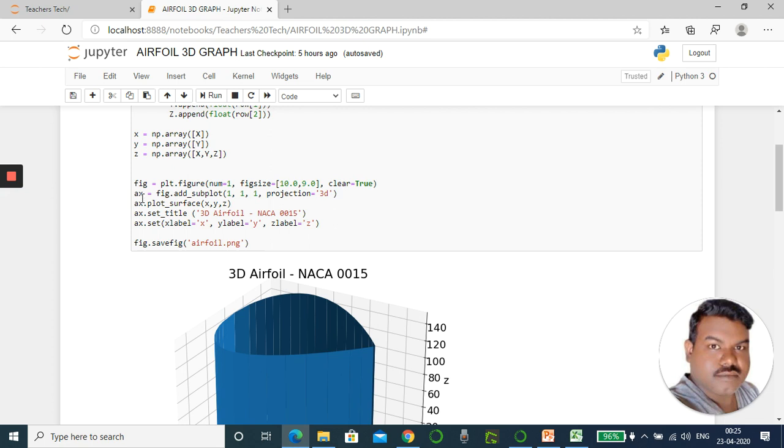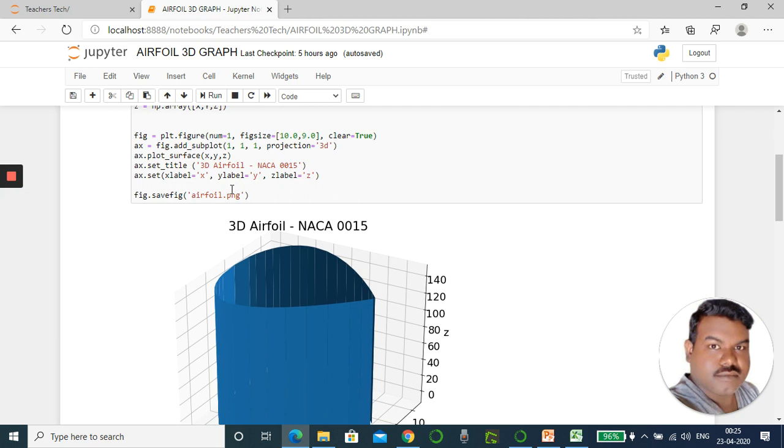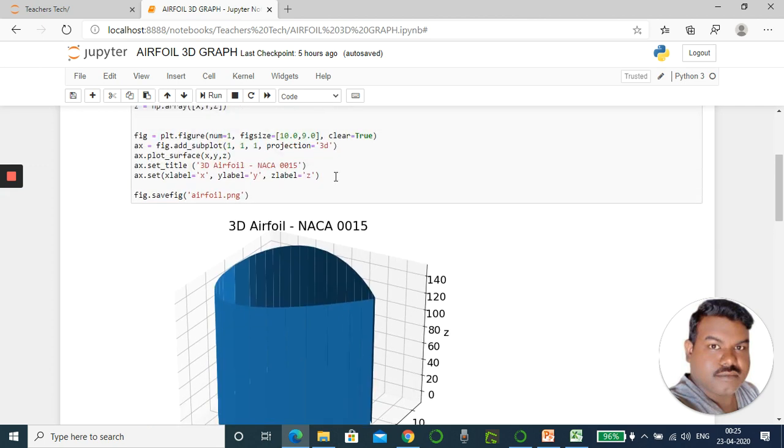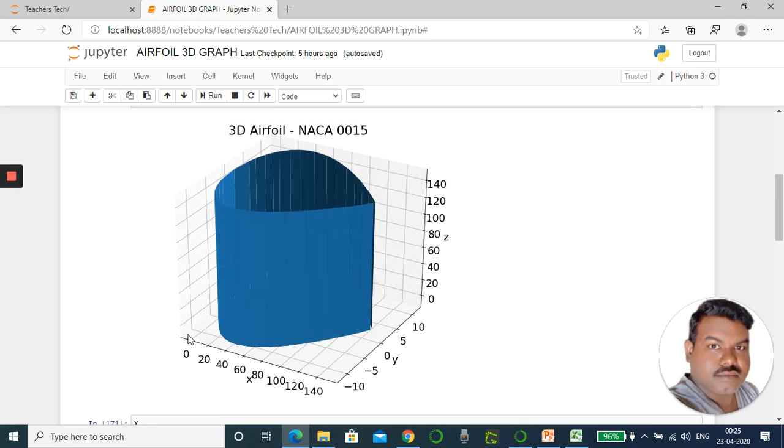Next, ax is nothing but axis. So ax equals figure dot add subplot. Here the outer part is known as the plot, and this particular area is called the subplot. Now we are in the subplot, and we are placing the location where it should be placed. It should be 1 comma 1 comma 1. From here it is 1, from here it is 1, from this side it is 1.